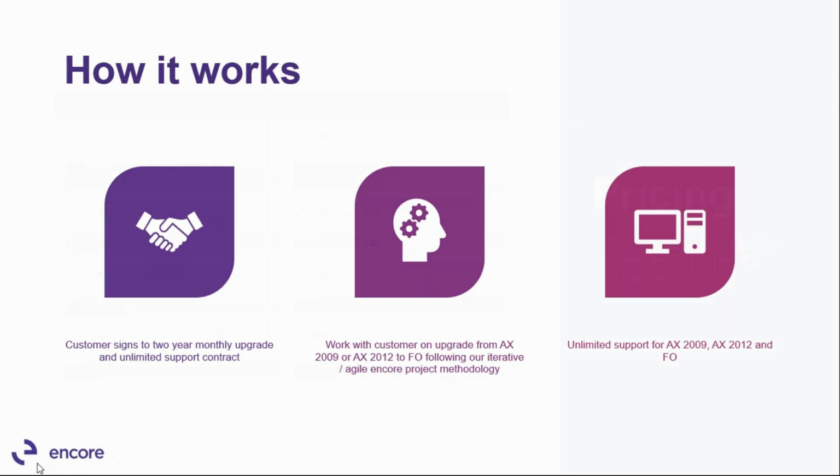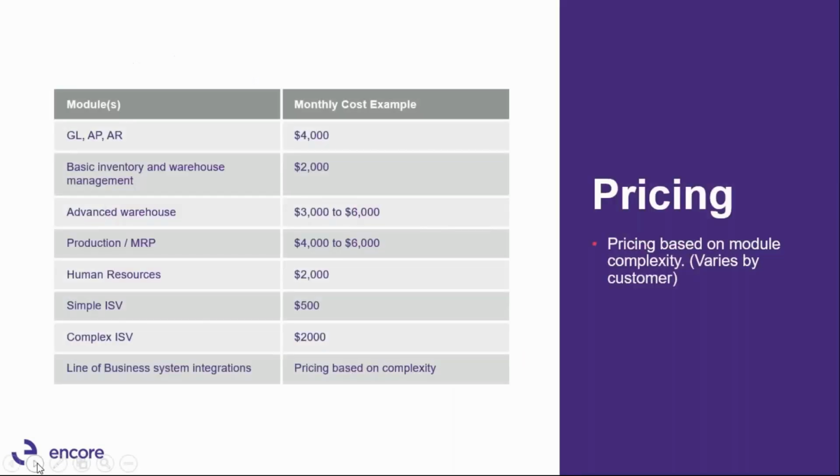So this is an example. I know everybody's probably wondering what the pricing would look like on a monthly basis going forward. This is just an example, so it varies by customer. Somebody like Tracy, you'd reach out to, and then we could engage with you out there and look at your environments. But just a swag of what it could look like is